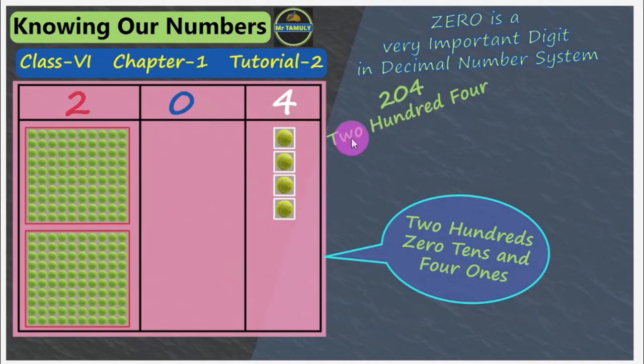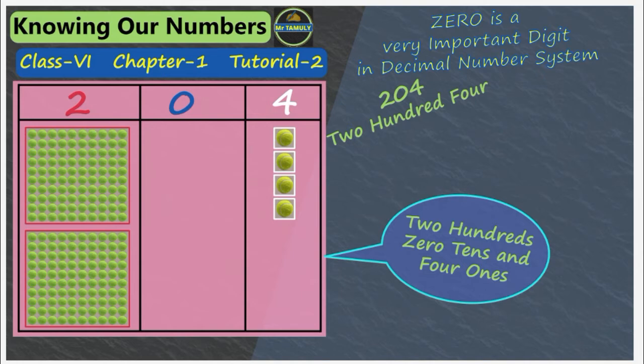In this example, we have a number 204. As we know, the name of this number is 204. As per the basic concept of decimal number system we have learned, we can call or name this number as 200s, 0 tens, and 4 ones or something like that. But this will be an unnecessarily long and difficult name. So we simply call this number as 204. For convenience and simplicity, we are omitting the 0 in its name.